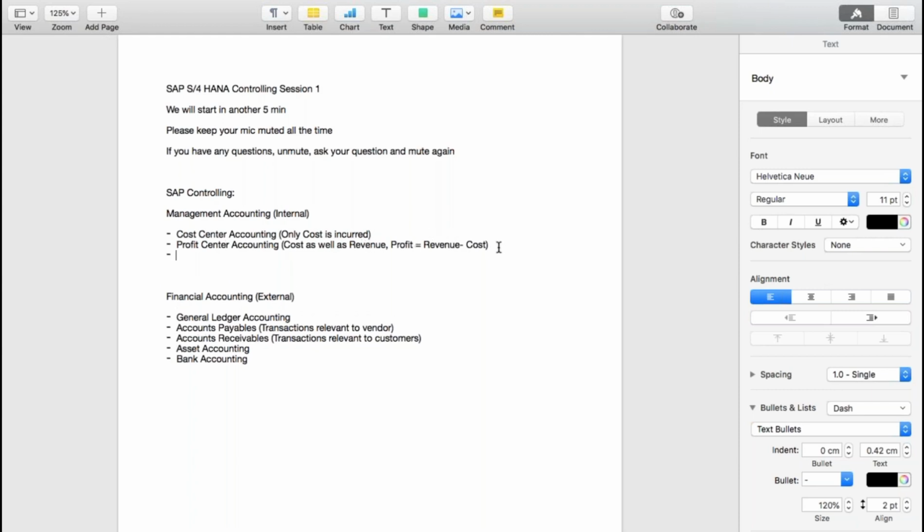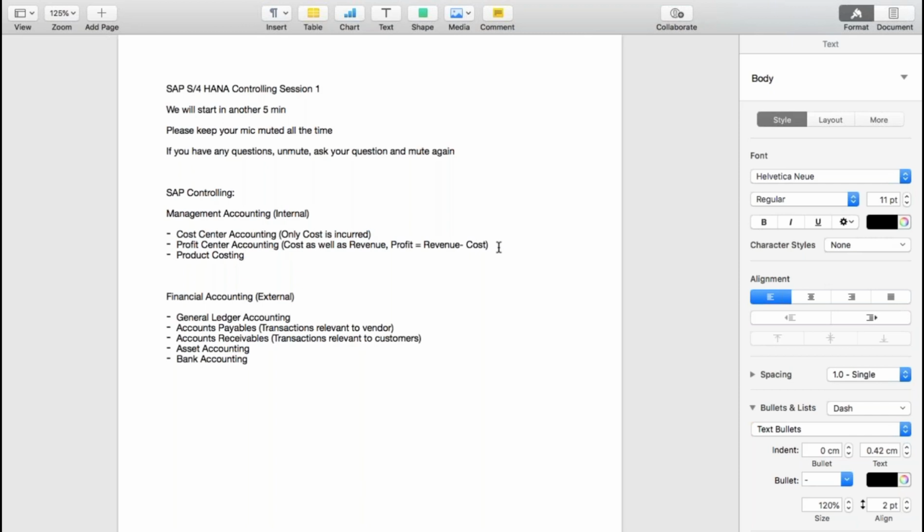Next one is product costing. So within controlling, the third topic is product costing. Now, what exactly is product costing? Okay, product costing means, again, as in this entire course, we will take one real-time example of a manufacturing company. Which manufacturing company? That slowly we will introduce. What is the nature of the business for this manufacturing company? What does it manufacture? That we can change based on the scenarios.